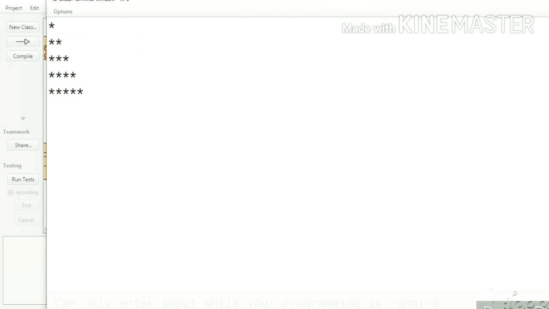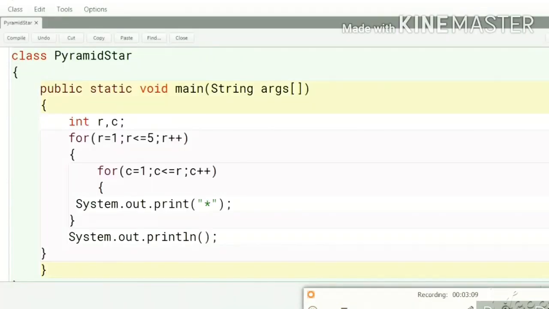Here we have got the triangle form, but this triangle is printing from the left-hand side. I don't want it printed on the left side, I want the triangle printed from the right-hand side. So let's edit the program again.